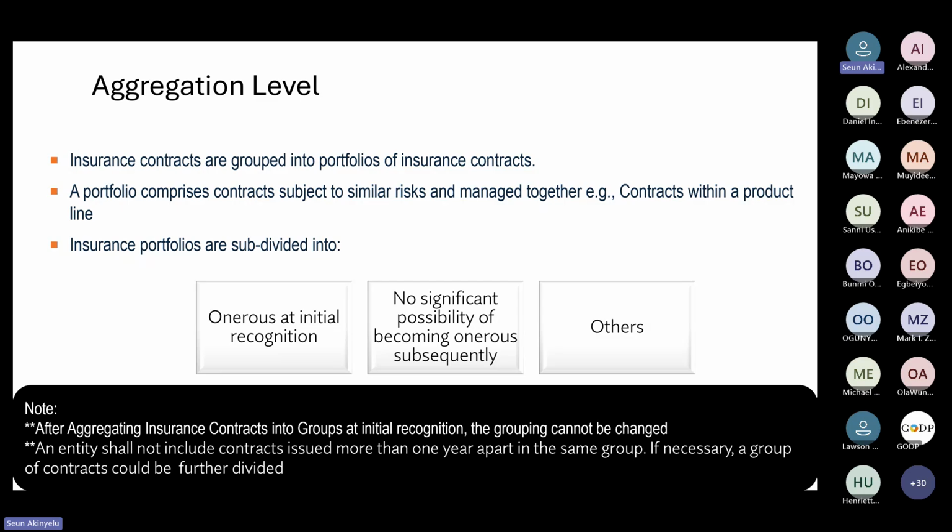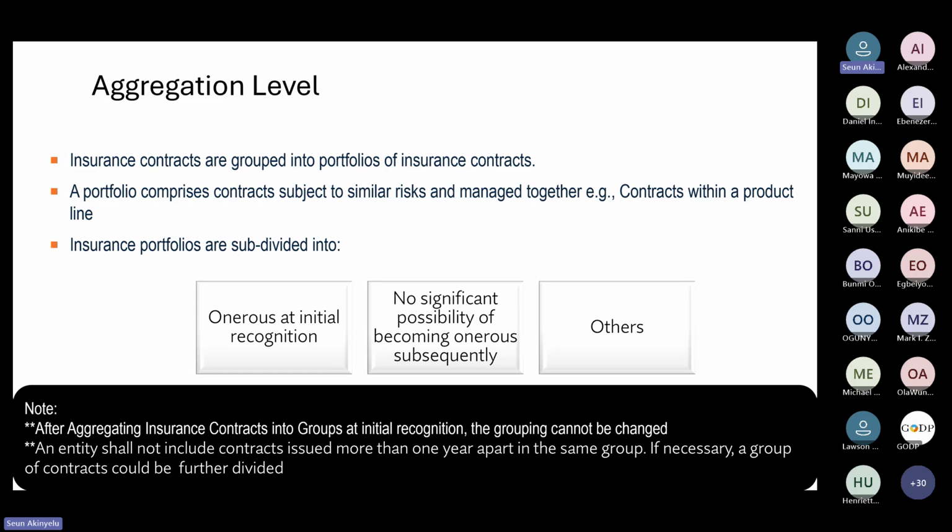All of the vehicle insurance contracts that have the same characteristics, the same features, you can bring them together within a portfolio. And the second level is that within that, you need to group them into sub-classifications. The ones that are onerous at initial recognition. Onerous means that from initial recognition, you have been spending more money on that insurance than the revenue you will get. So for example, you have paid more acquisition costs from the beginning than the premium you will collect. That is an onerous at initial recognition contract. So all of those that are like that, you put them in a bucket.